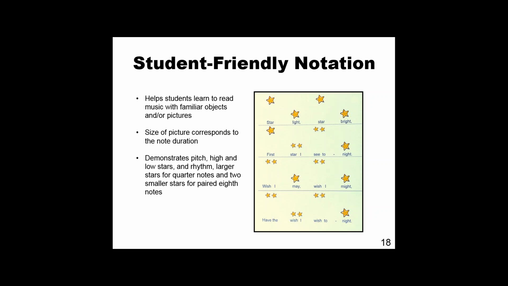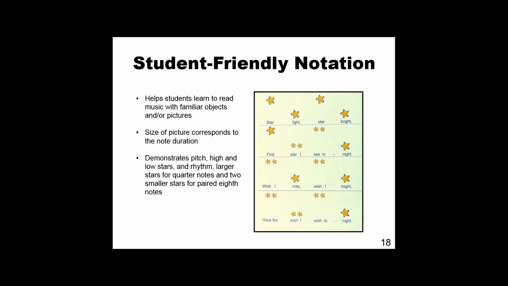I'm only using 2 pitches. And I know there are different variations of this piece where you have multiple pitches, but I was just using 2. And I position the stars to correspond with so and me, and also with the rhythm of the quarter and paired eighth notes. Now I also have the words below. We're not always using the words, maybe the students are not even looking at the words, but they're there.